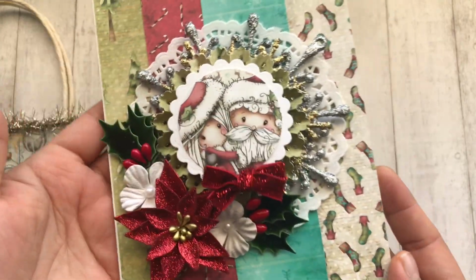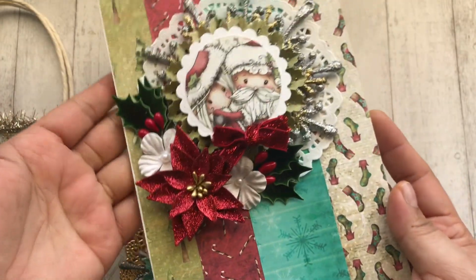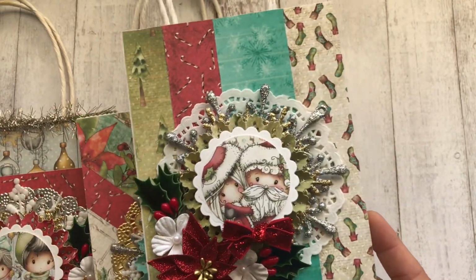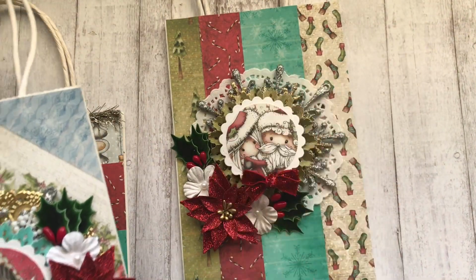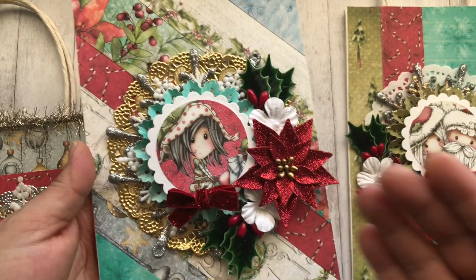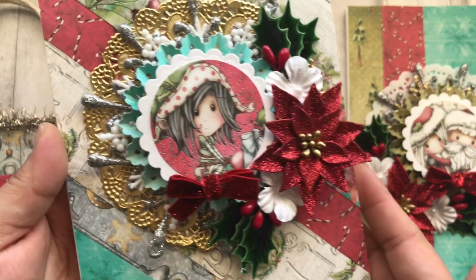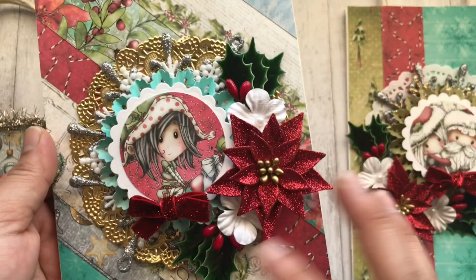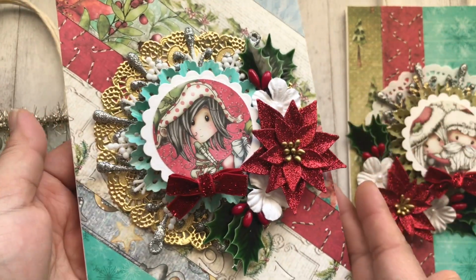And then I added that cute image, super cute. And then just added some flowers, and this bow, which I got from Target. They're all pretty much the same. It's just that the background piece is a little bit different. This one is going up and down. This one is going at an angle, diagonal. And here is another image from Polka Doodles. I think she's so cute, that little elf. Now the white flowers are from Dollar Tree,